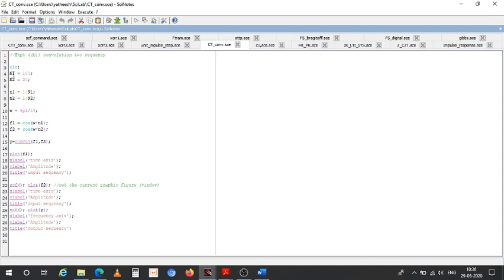So this is a program where n1 is 100, n2 is 20. Now for 1 to n1, 1 to n2, we are generating a cos wave and giving it for convolution, and the output is y, and output y we are plotting. So let us simulate this and see.